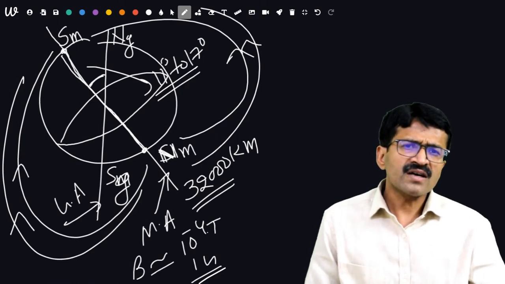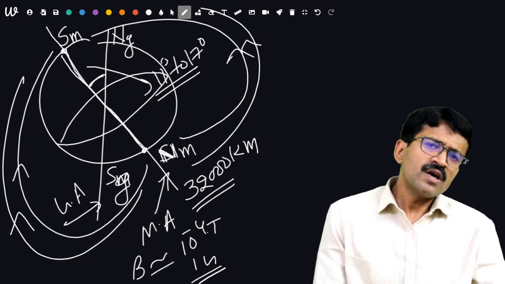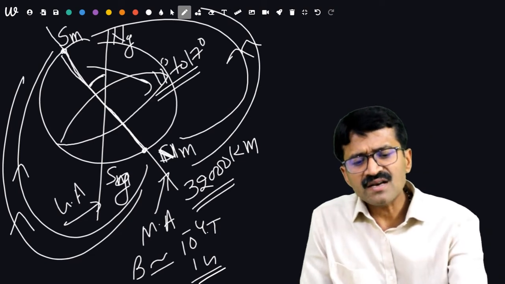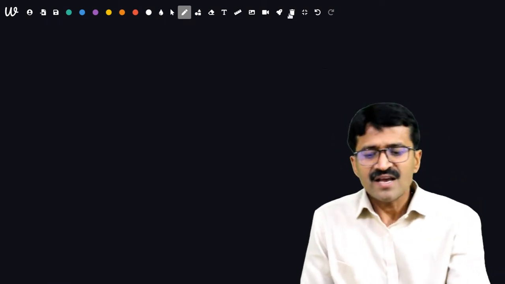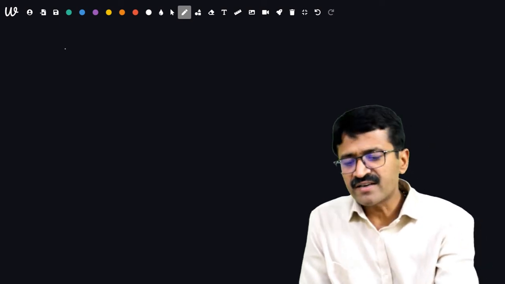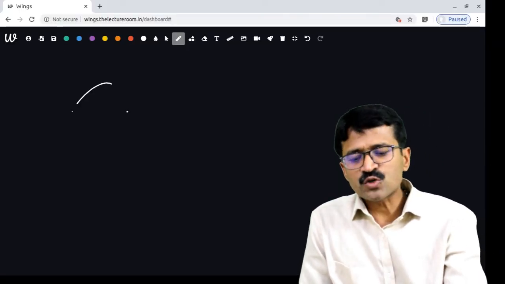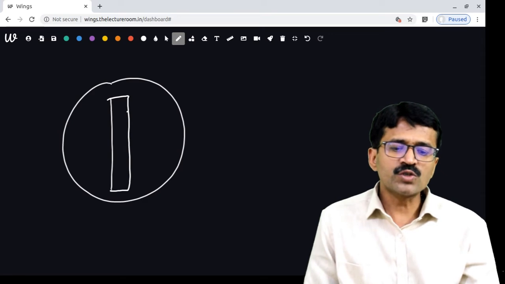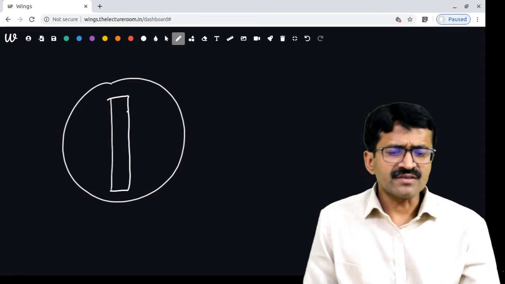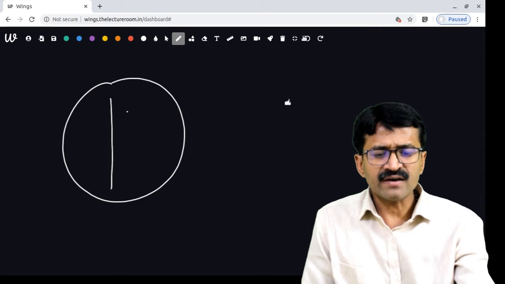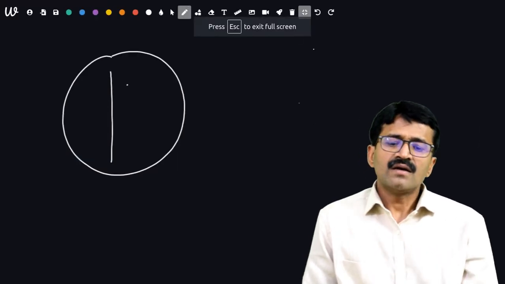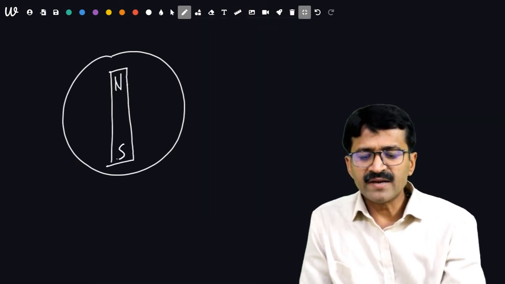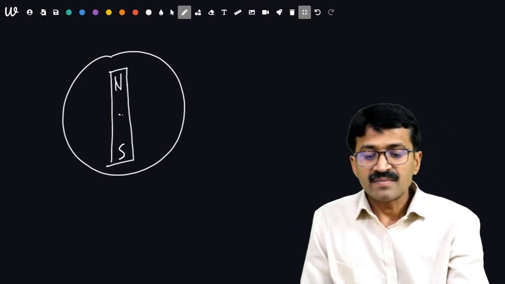There are few theories of Earth's magnetization. Several scientists have given several concepts. What are those concepts? Let us discuss. If we discuss about the existence of Earth's magnet, a scientist, William Gilbert, has told that at the center of Earth there is a big magnet or huge magnet. What is the condition? The condition is it has a particular magnetic moment and it provides magnetism to Earth.